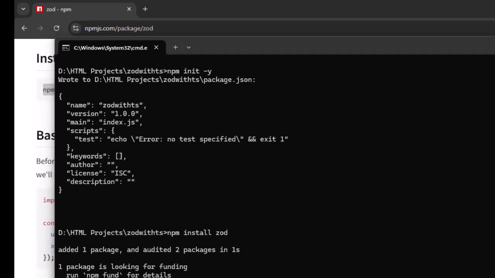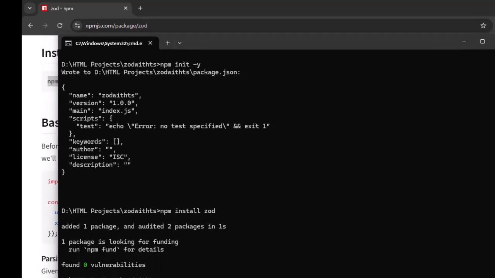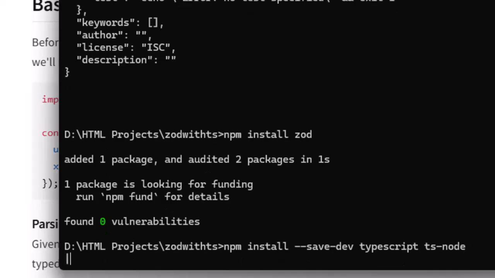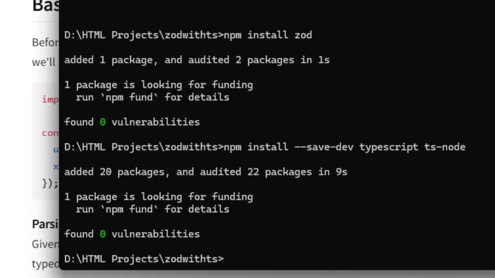Okay, Zod is installed, but since we are trying to use TypeScript, let's install TypeScript as well as its companion library ts-node, which would let us execute TypeScript files directly. While it installs, let me quickly say that I am assuming you know how to write TypeScript. If not, our channel has a 90 minutes TypeScript crash course which you can watch to get familiar with everything